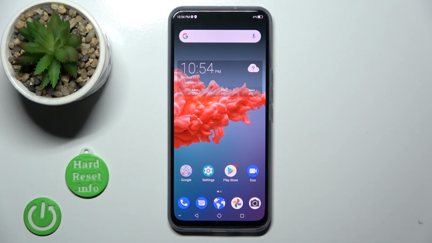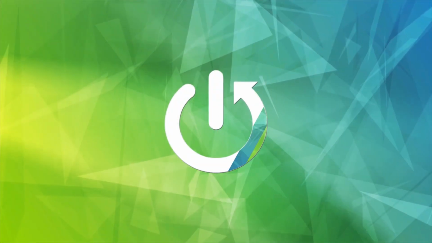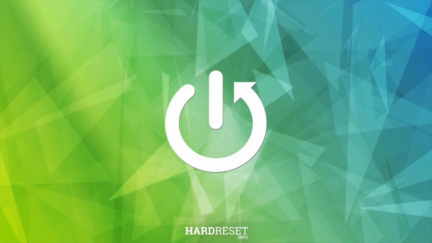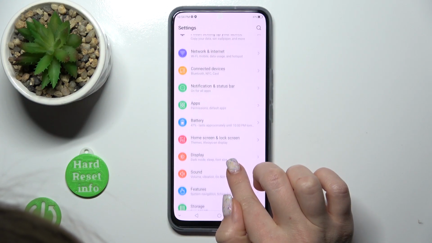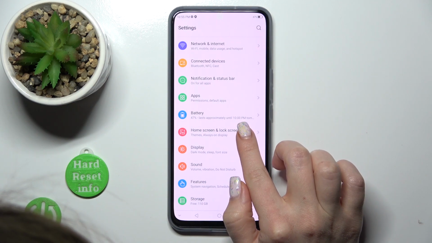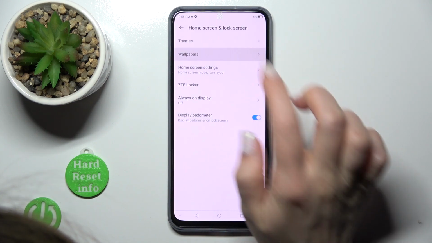Hi, today in front of me is the ZTE Axon 20, and I'll show you how to change the lock screen wallpaper on this device. So first, let's open the settings and then tap the home screen and lock screen section, then tap